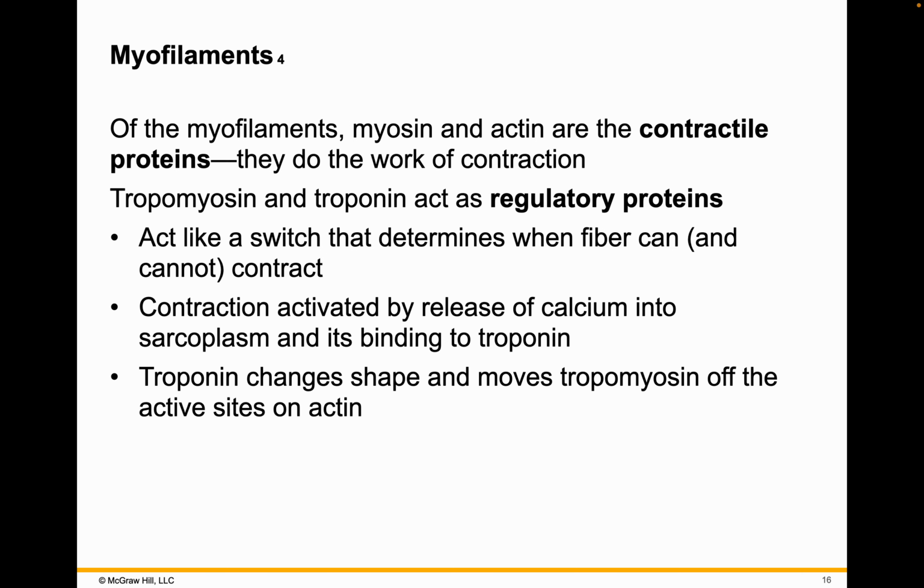Of the myofilaments, myosin and actin are the contractile proteins. They do the work of contraction. Tropomyosin and troponin act as regulatory proteins. They act like a switch that determines when the fiber can be contracted. Contraction is activated by the release of calcium into the sarcoplasm from the sarcoplasmic reticulum and binding to troponin. Troponin, with calcium bound to it, changes shape and moves the tropomyosin away from the active sites, the binding sites for